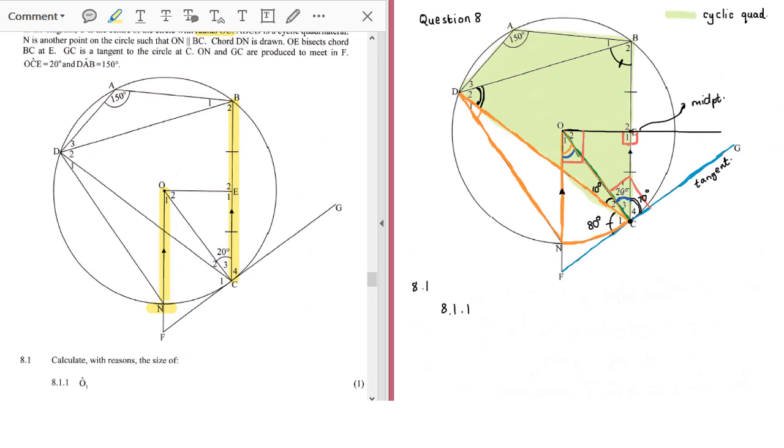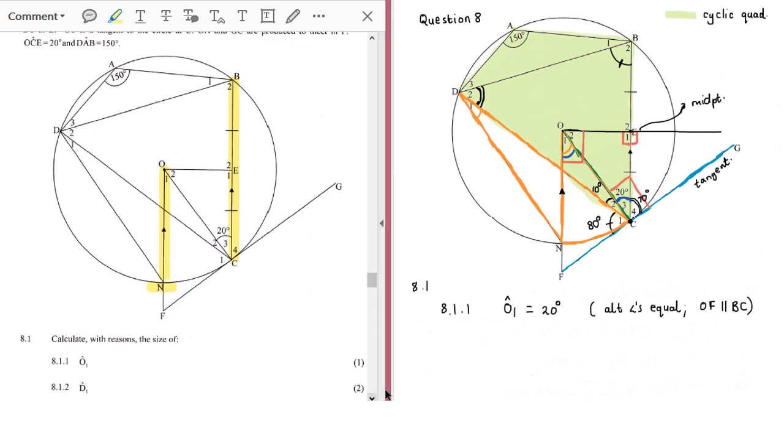Angle C3 does have a value. It is 20 degrees, right? So then, therefore, the size of angle O1 is equal to 20 degrees, okay? What is our reason here? The reason is because alternate angles are equal. And what are the parallel lines? Well, the parallel lines are OF parallel to BC. Okay. Next one,